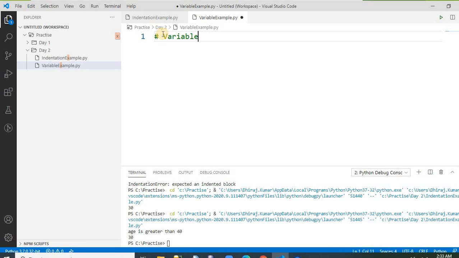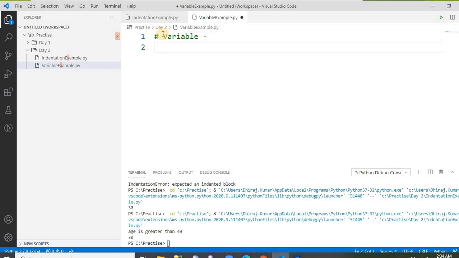Okay, so there are certain naming conventions for declaring a variable in Python. The first one is that the variable name must start with a letter or an underscore. You cannot start the variable name with a number. Second thing, no special character is allowed in declaring the variable except underscore. Third thing, names are case sensitive. So if you have something like Name with a capital N and name with lowercase, these are two different variables. I will show you all this by example.